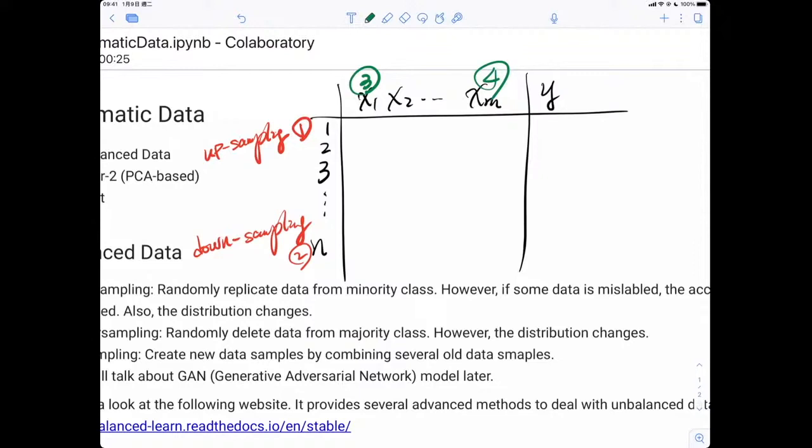So how do you create even more features? Of course, you can just collect more features. Or you can do feature engineering, which means we can create a new feature x_{m+1}, and this feature is a combination of the features you have. Maybe that is x1 over x2. So you have to be familiar with the subject you are trying to analyze. And maybe you believe x1 over x2 is a new feature, and it's very important to do such kind of analysis.